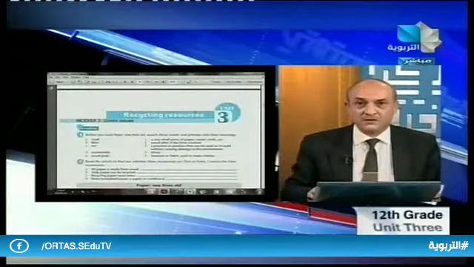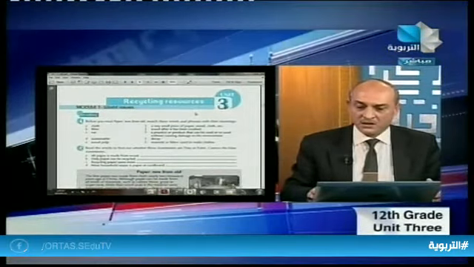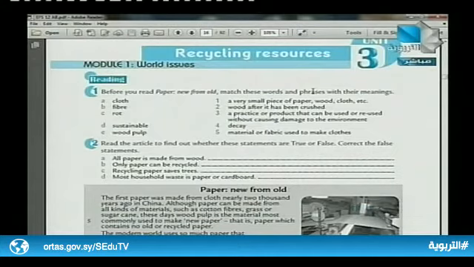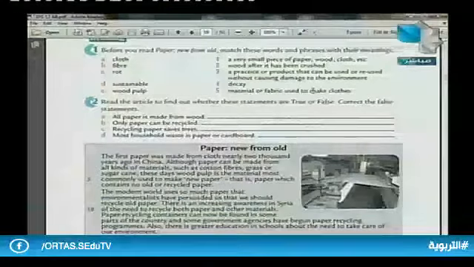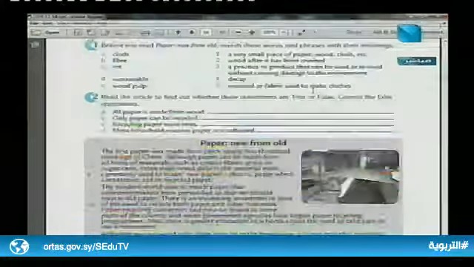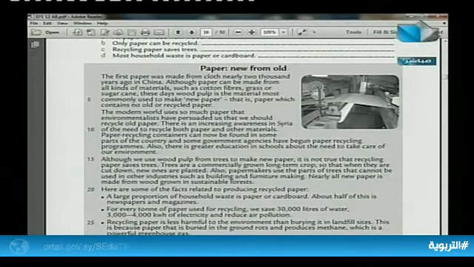Now, I think it would be a good idea to go to the activity book. As you can see, dear students, in the activity book we have a very important text which is about paper. So I'll try, dear colleagues, to discuss this text with you. Paper is one of the most important materials in our life. We need paper all the time.